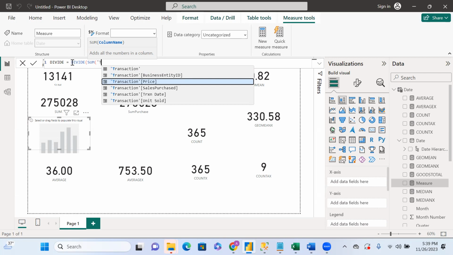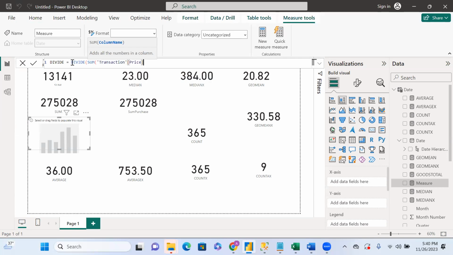Okay, we can create a new measure for the sum. If you create a measure and divide it by another measure, it's going to work. But I think the best way to handle that in terms of performance is having a single measure that's going to handle multiple expressions. So to do that, let's do